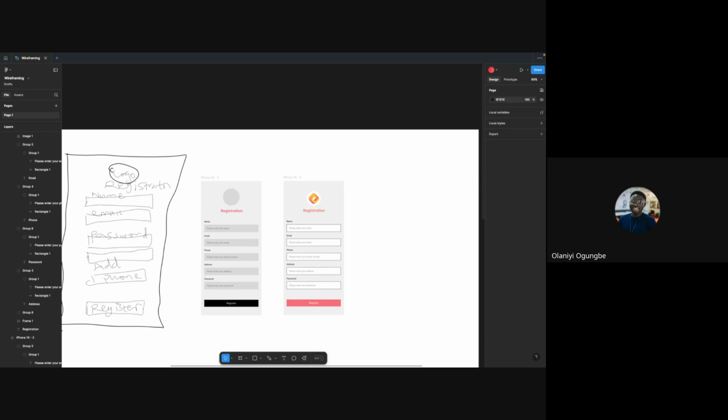Like I said, for me, most times what I do is I do my low fidelity for the most important features. But when I get to mid fidelity, I do every single screen. Even if it's an error message, I will ensure I do it. Why? Because my mid fidelity translates to my high fidelity. And for high fidelity, the developer is expecting to see every single page, every single screen, every single interaction. Do you understand, Victoria?